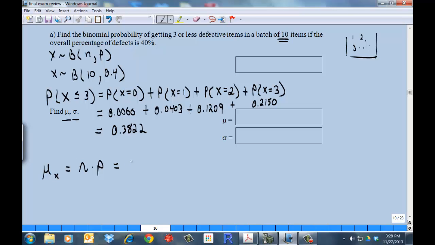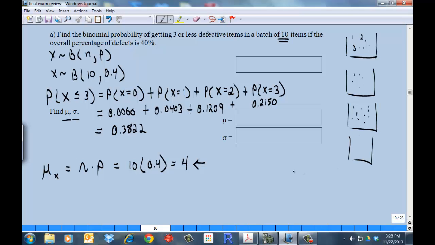So n in this case is 10, probability of success is 0.4, so the mean is 4, which means that if we select a whole bunch of these batches of 10 items, then on average, we can expect to see 4